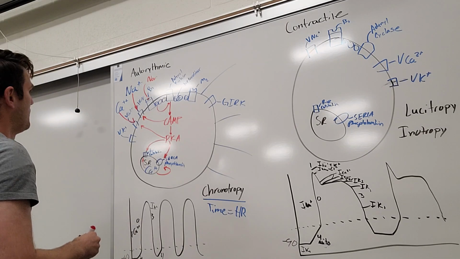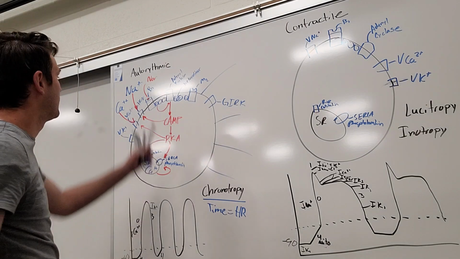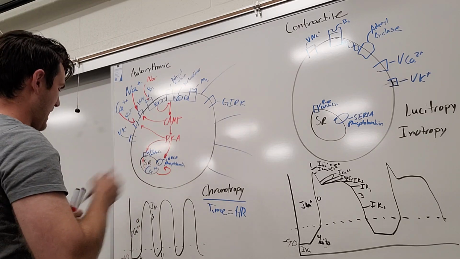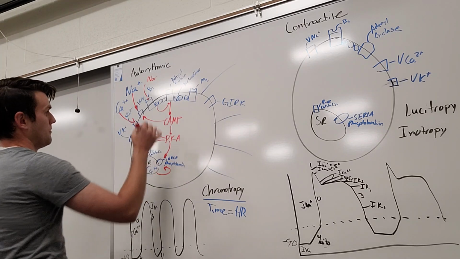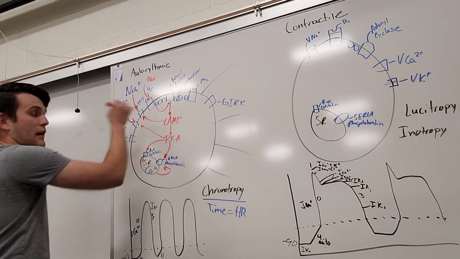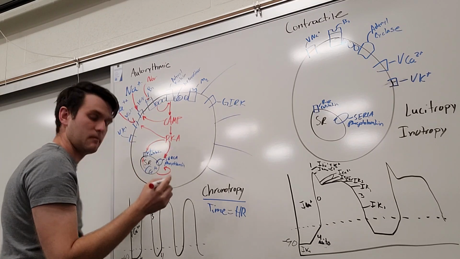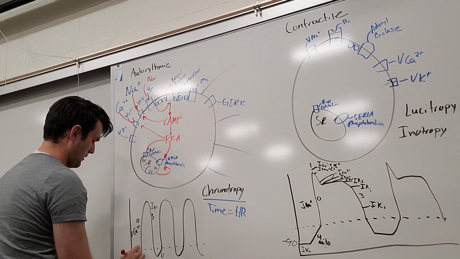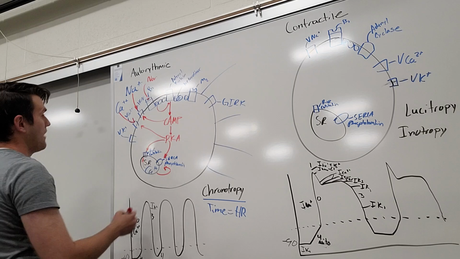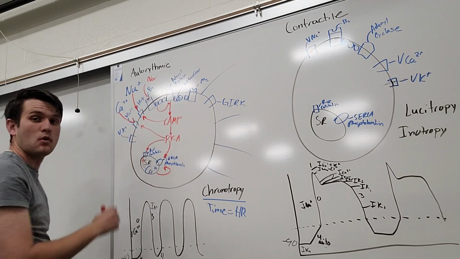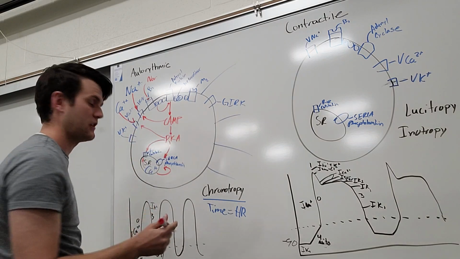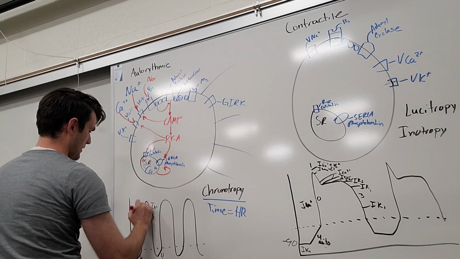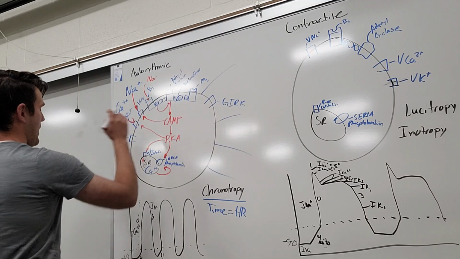Okay, but now imagine this. Norepinephrine binds to beta 1, it's excitatory. So then cAMP is being released, so more HCN is being activated, which means more sodium is being brought in. So our phase 4 is going to be a lot steeper. And now we have PKA, which is going to activate more calcium. So now more calcium is going to rush into the cell. So our phase 0 is also going to be very steep. Then we're going to have more of a rapid change here,